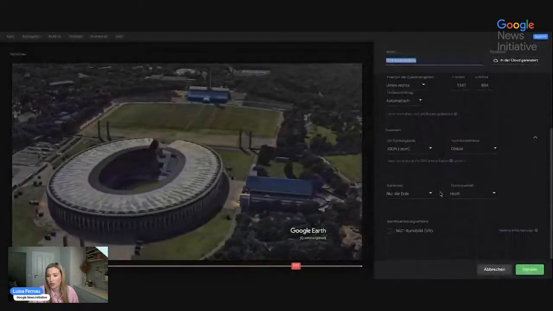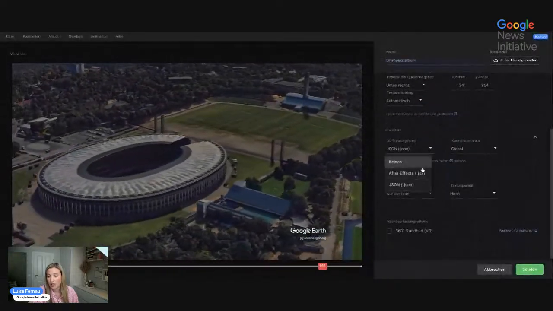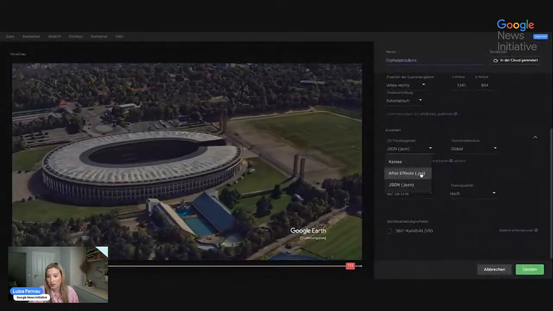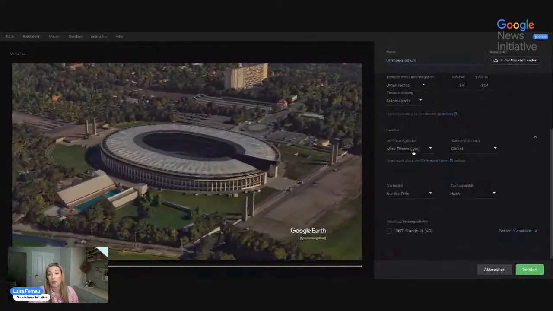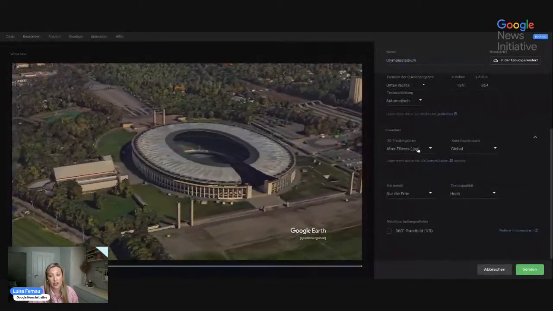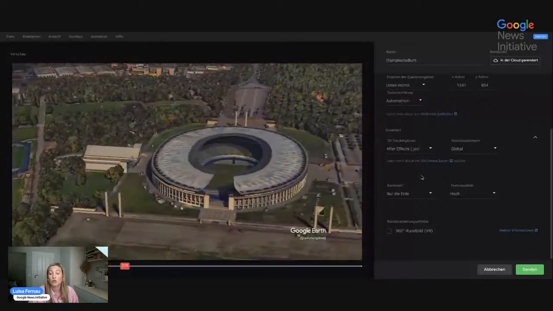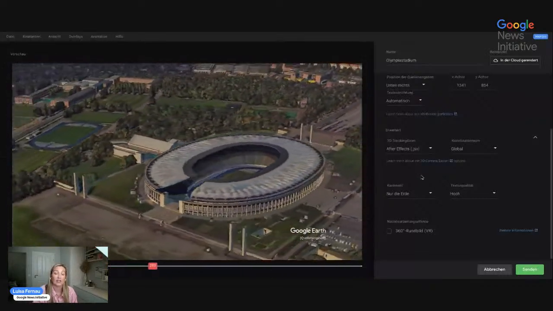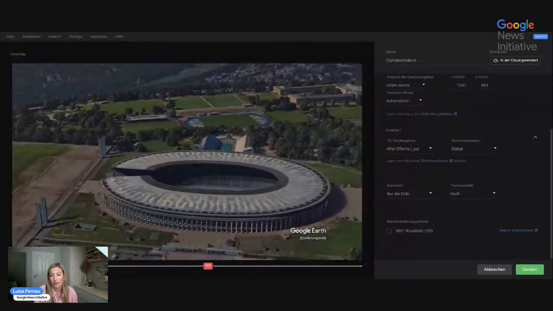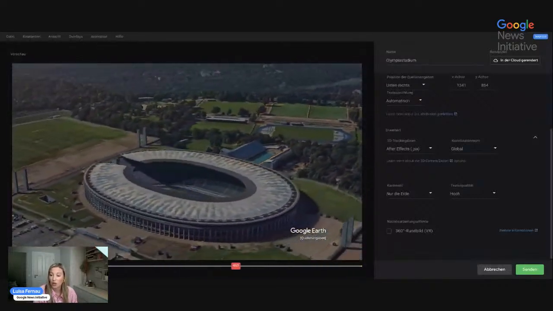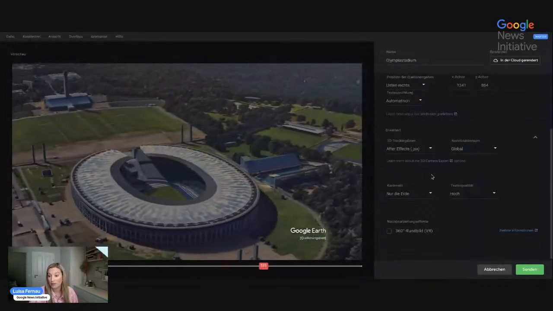Now, if we scroll down, there's actually another option that we can specifically work with After Effects as well. So it can export as an After Effects file, which makes it really handy if you want to add a certain animation to your videos and so on. I don't know if you work with After Effects or if you have worked with it before, but this is also quite a very handy